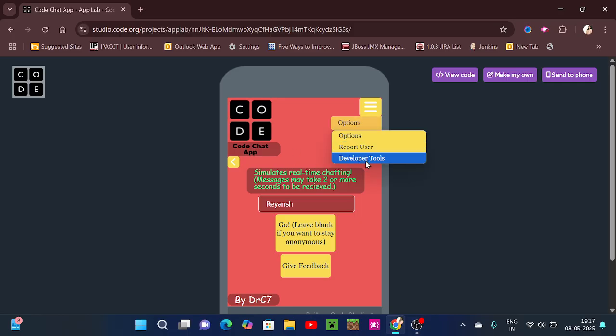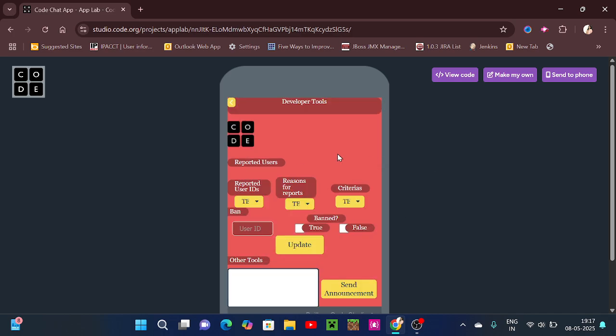Now I'm going to show you developer tools. Developer tools basically works by checking if the user ID is the developer's. So if the user ID is mine, I can't tell you the user ID. But if the user ID is of the developer, as you can see, it opens.